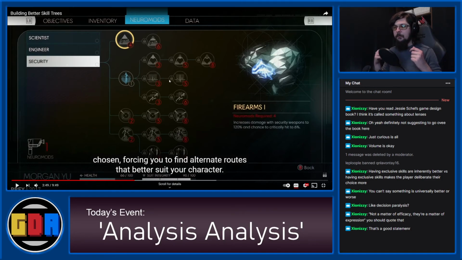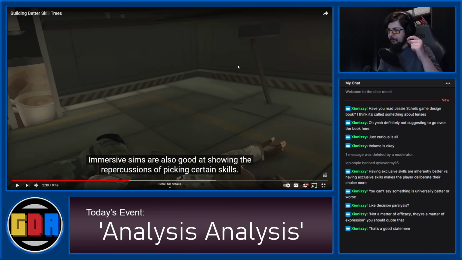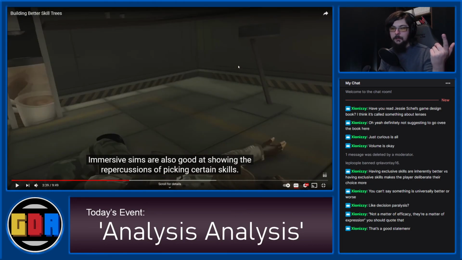is that the idea that you're driving, what is it? This idea of showing the different ways to approach a situation and showing off repercussions of picking one skill over another. Again, if we make that a conditional statement and we make it more like, if we want the player to make meaningful decisions about the sort of upgrade path that they take, and we're defining that as they make significantly different decisions in how to approach a scenario based on their upgrade path,